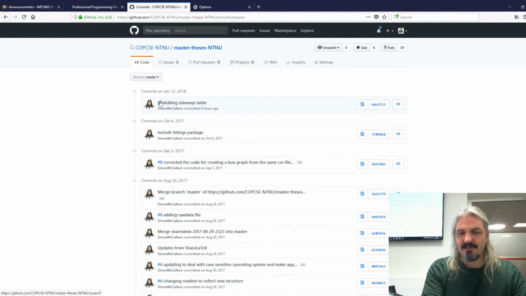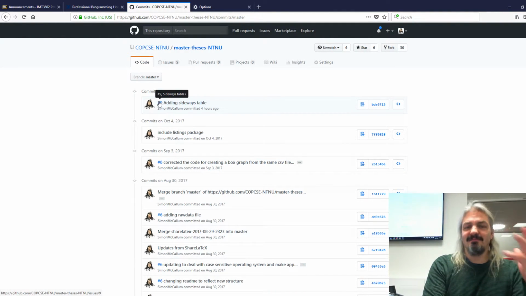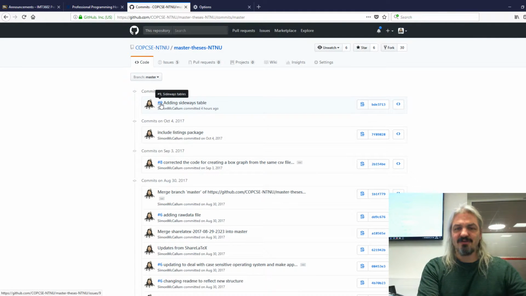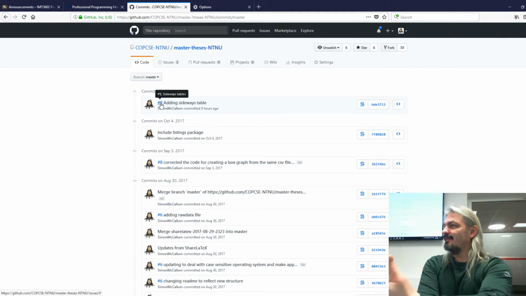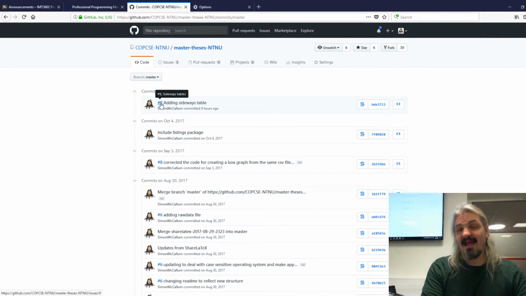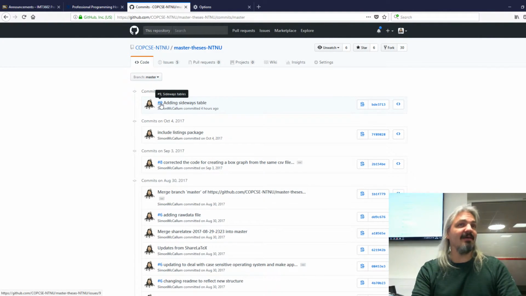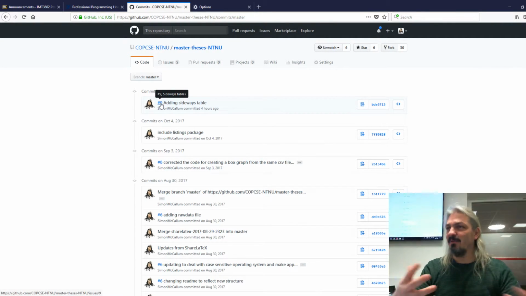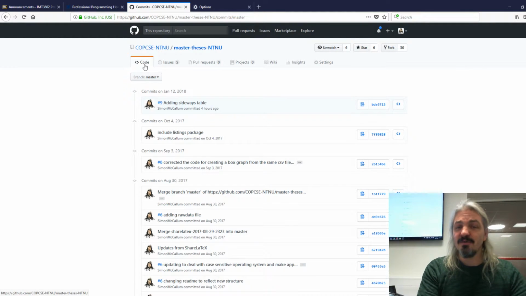the added sideways tables means that I've got an issue in my issue tracker connected to the commit that I made. Actually what I did is I started changing it, and then, oh yeah, before I commit, I better create the issue. So I went and created the issue, and then I committed to that issue, so it would be tracked. But it means you can do interesting things in your code.